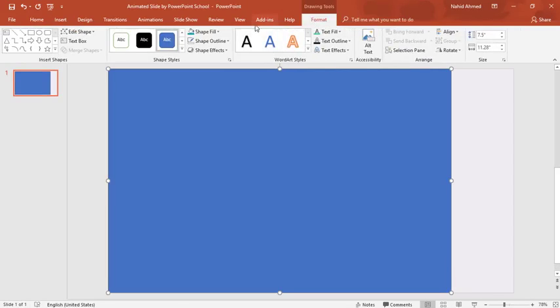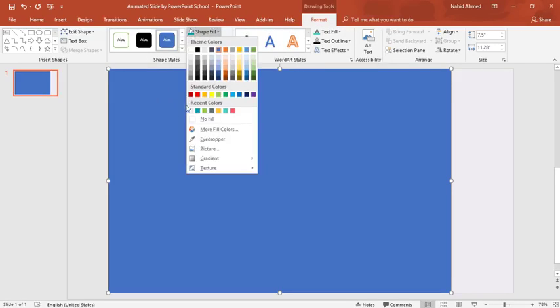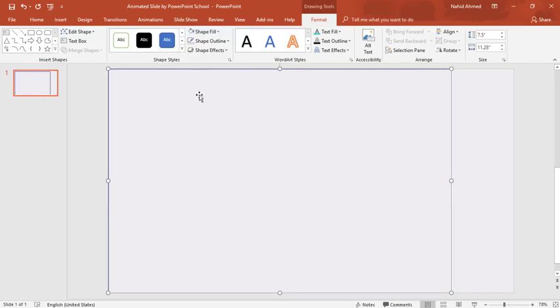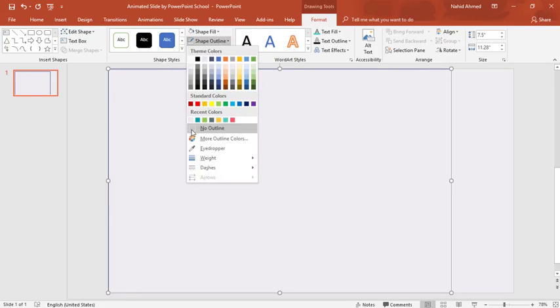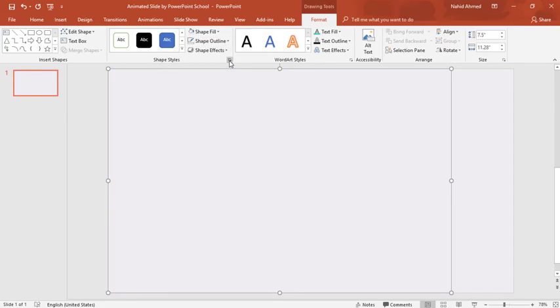go to Format, from Shape Fill, change the color to light gray. From Shape Outline, select No Outline. Now click on the small arrow,